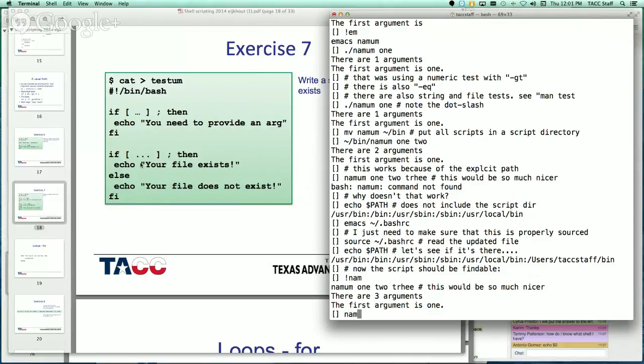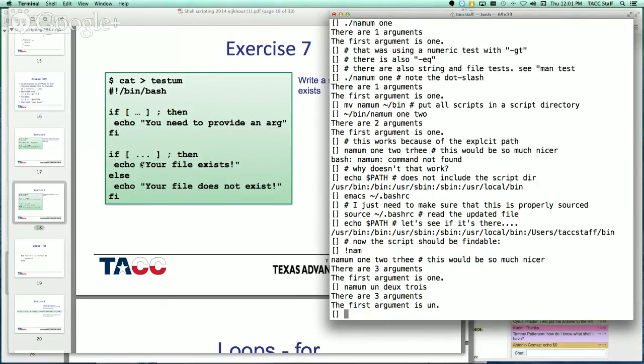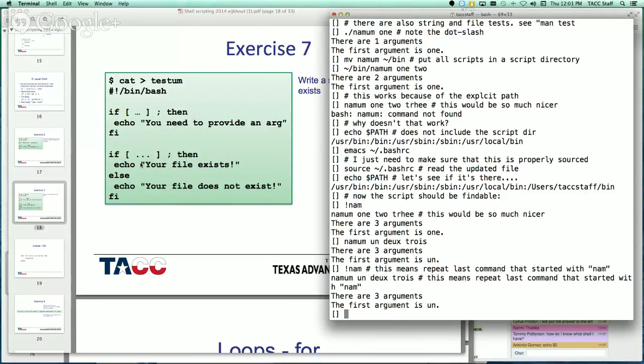So if I do name, it executes that, and then the ! means find the last command that started with that, and it re-executes it. Okay,